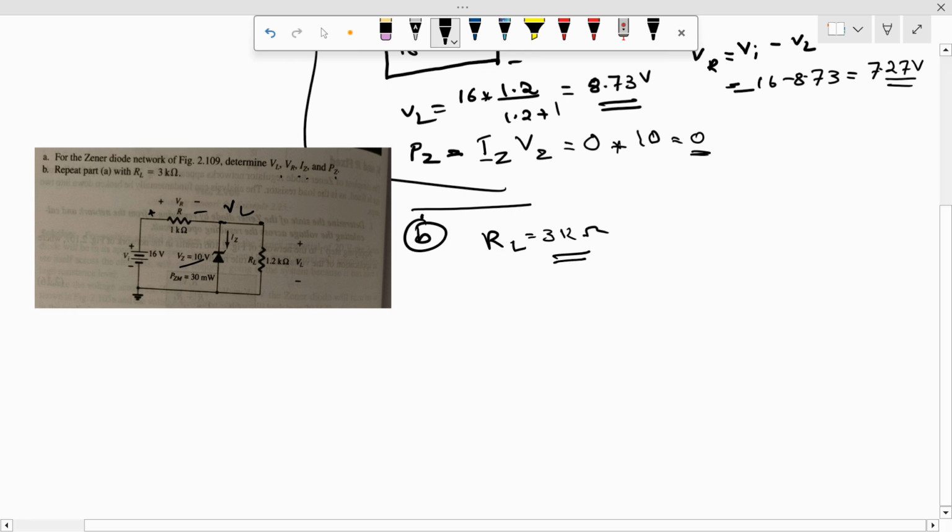We are changing the load resistor. So then we again find what the VL. Again, what will be VL? VL can be calculated using our voltage divider equation once again, right? We already drew the diagram, which we just omit the Zener diode and calculate the VL, right? So 16 into, instead of 3 kilo ohm, 1.2 kilo ohm, we have 3 kilo ohm divided by